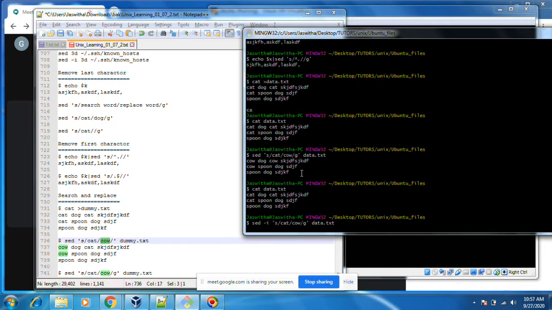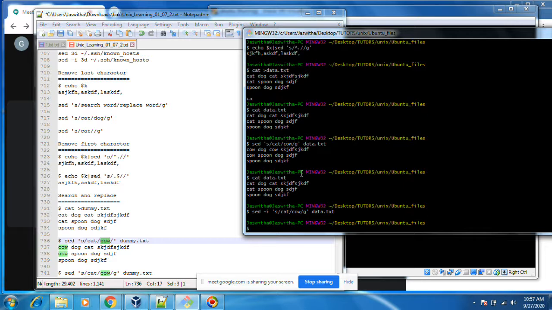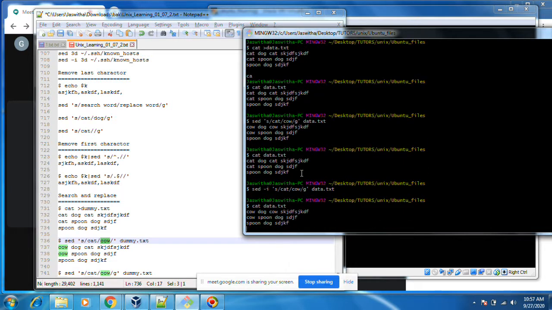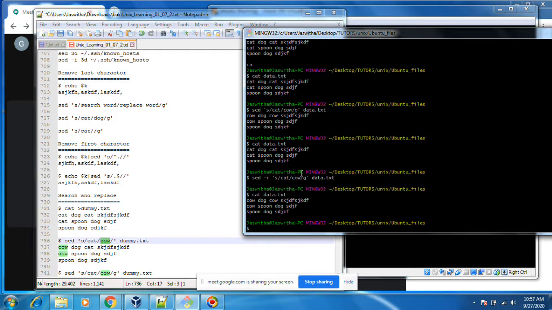With -i, it will edit and replace. Now you see the difference. If you don't give -i, it will not replace in the file, it will just show the output.